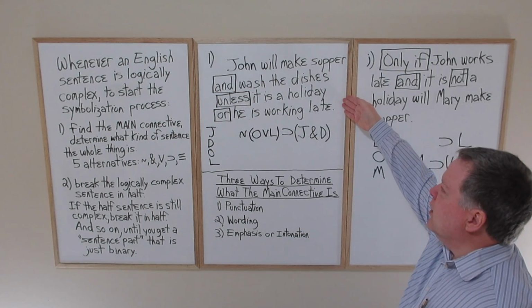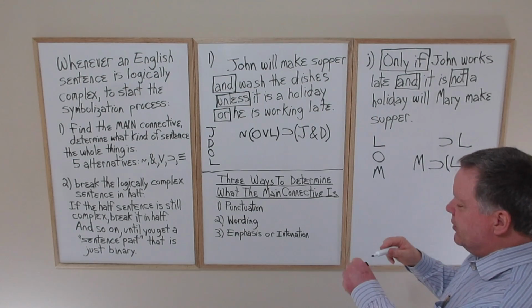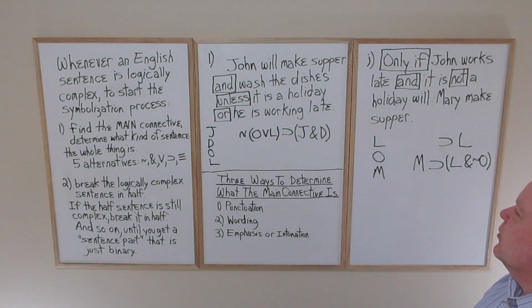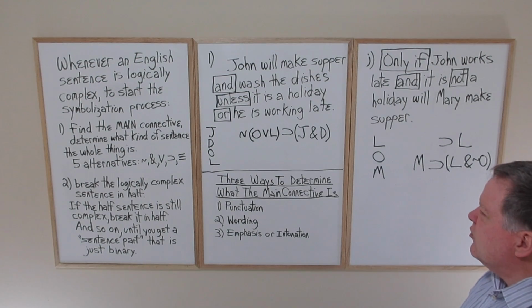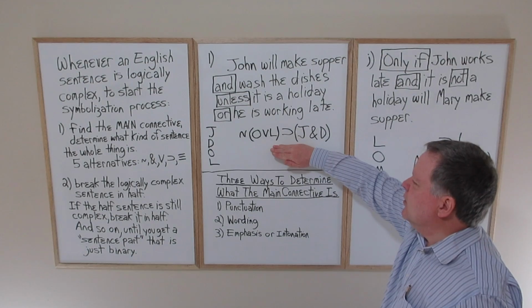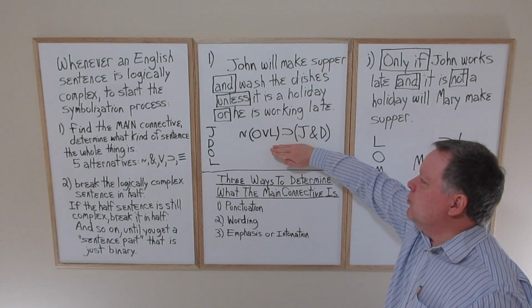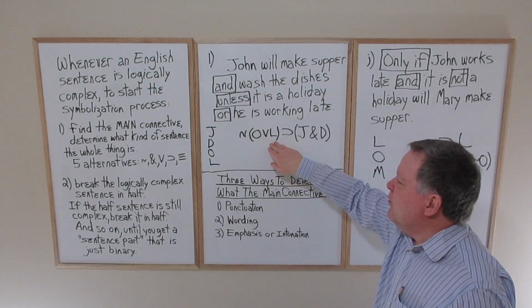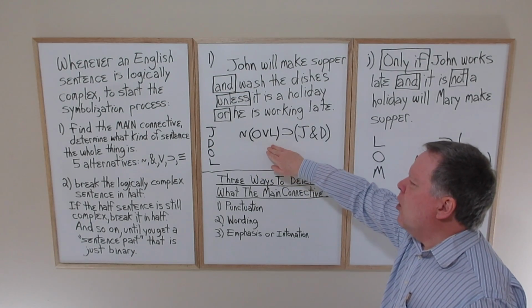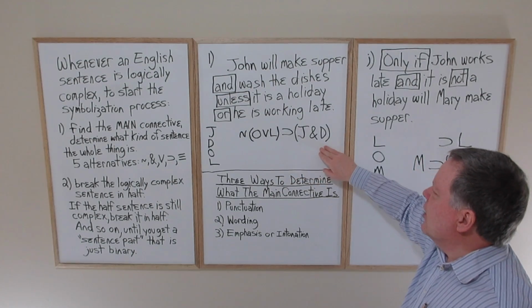So the underlying logical structure, or the form of the English sentence, John will make supper and wash the dishes, unless it is a holiday or he is working late, is indicated by this symbolic sentence in the artificial language, SL. If it's not the case that it's a holiday or he's working late, then John will make supper